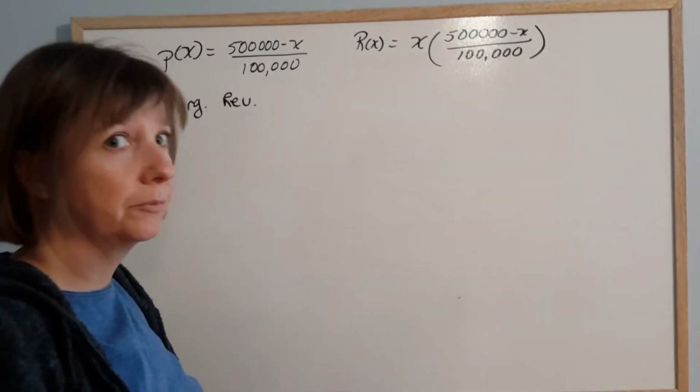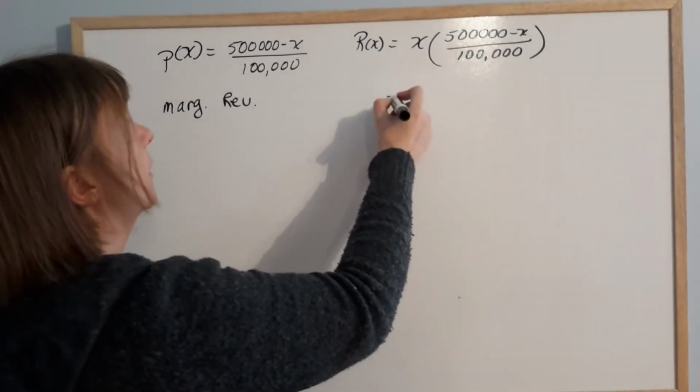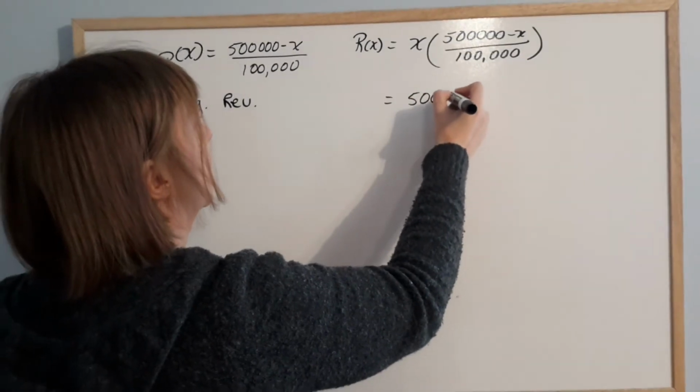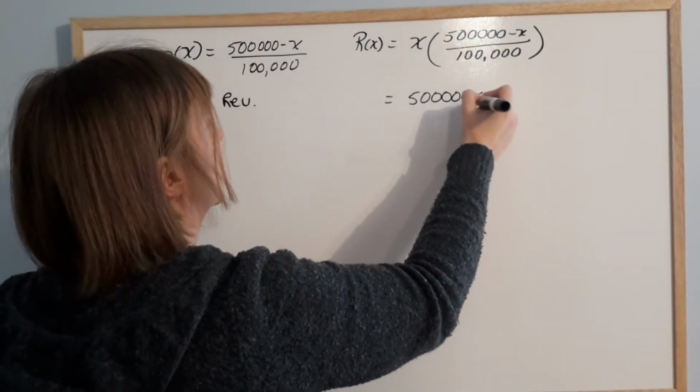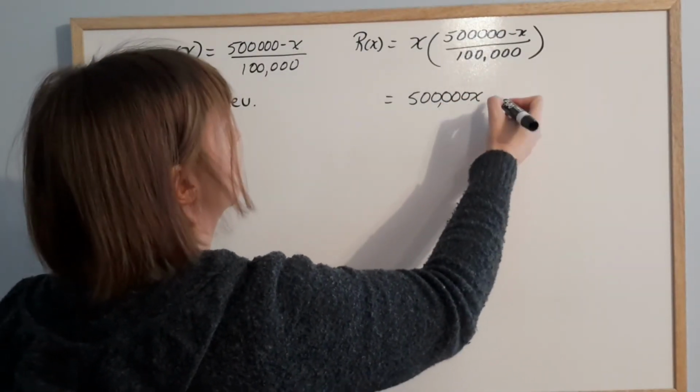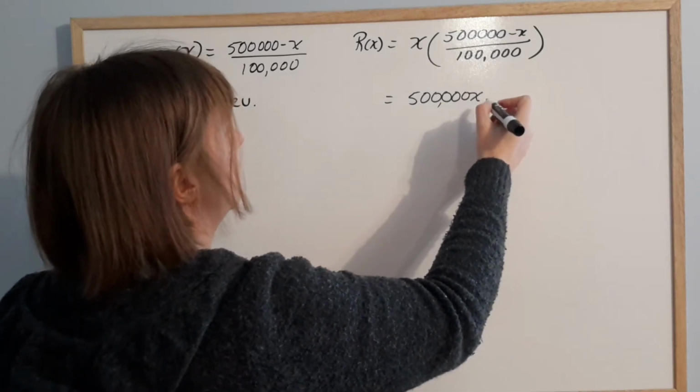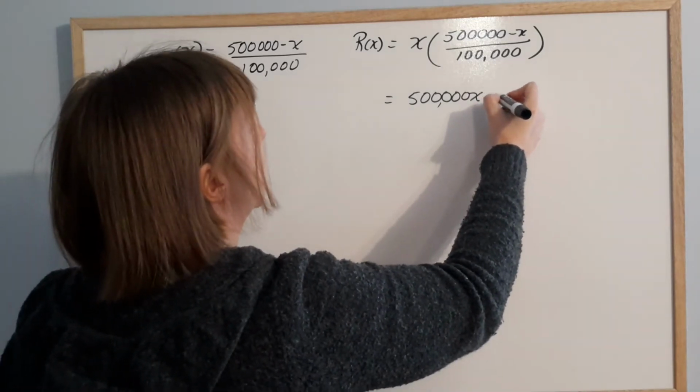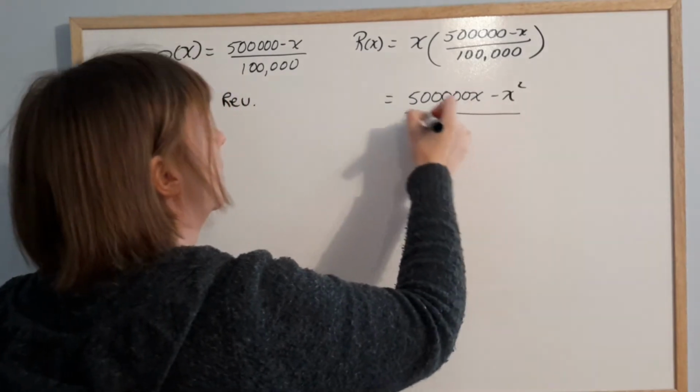That would be the revenue. So if I expand that out, that would be 500,000 x. Did I put enough zeros in there? I think so. Maybe I put too many. No, I put the right amount. Minus x squared all over